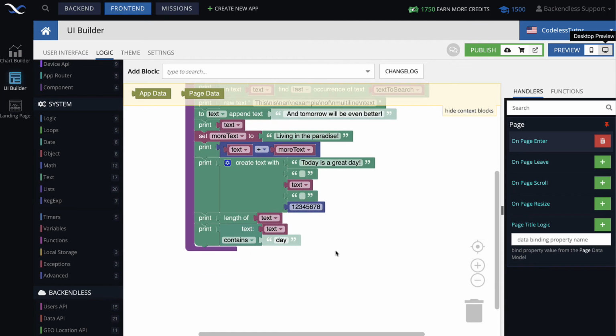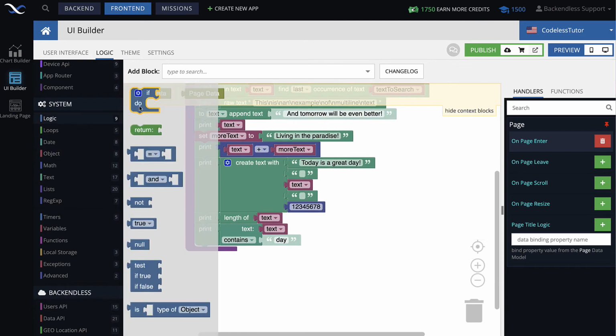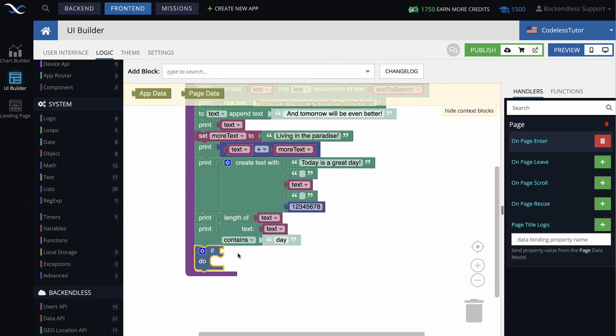Now what that means, since you already learned how to use logic, what you can do is you can start using if statements and put this in here and say if text contains, and do something, or if it starts with, or if it ends with. This is just going to be interpreted the same way it looks like on the screen. So this returns Boolean, which means that you can use it in an if statement.